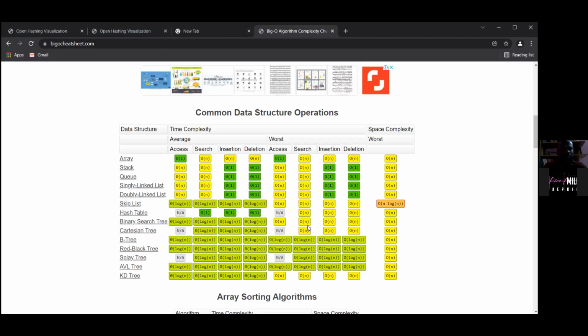Now, think about how slow it's going to be for the user. But you notice something like Google. Google has so much information, but within a split second, whatever you are searching for, you get the results.